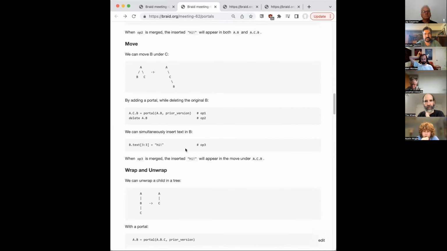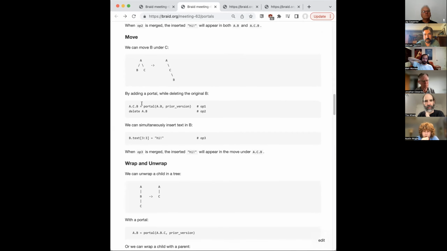Okay, so here's a move. You have one range patch that says a.c.b is equal to a portal. So this is like a copy. A move is where you copy it and then you delete it. We're going to delete the old thing while copying it to a new location. So this is two range patches expressed as a move, and the portal is in the right-hand side of one of the range patches. So portals just become values that you are patching into a range.